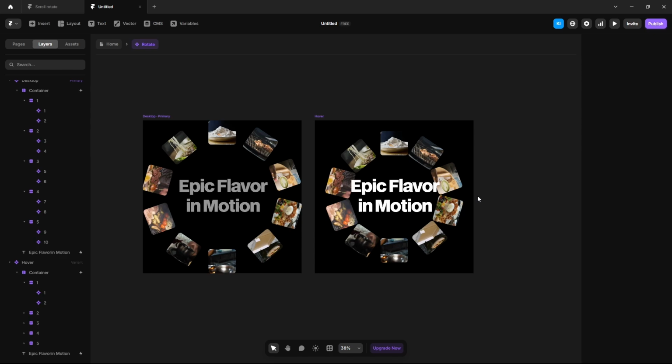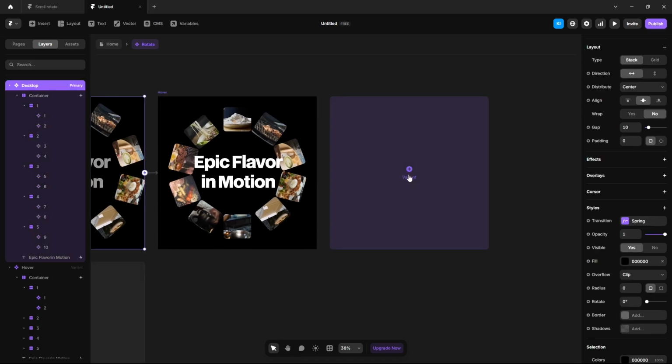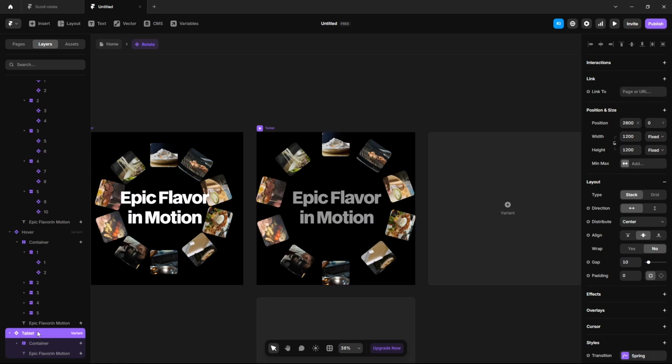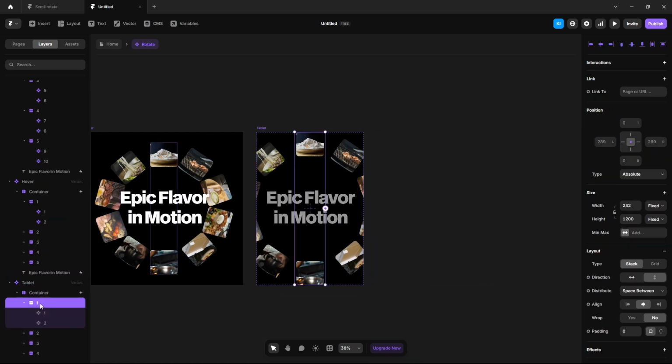Now let's make it responsive by adding breakpoints. Framer doesn't support circular layouts natively, so elements in a circle won't automatically adjust when the frame resizes. To keep everything looking correct at different sizes, we need to set up breakpoints and adjust the size manually. So click here and then click here, name it tablet, then set the width 810, expand this container, select all,